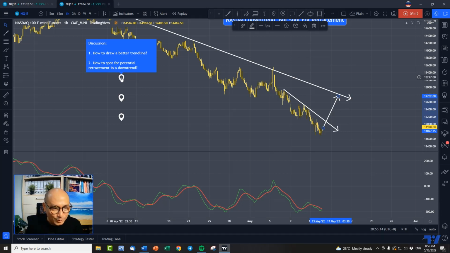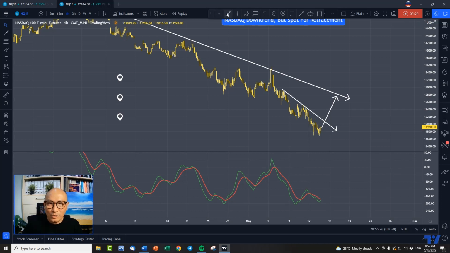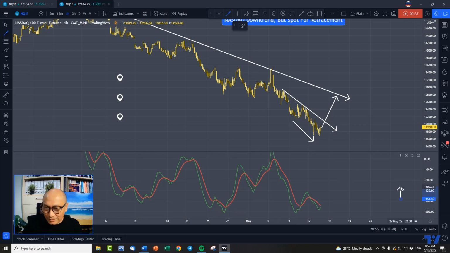Now, I'm going to indulge myself in divergence again. Divergence is where we look at the prices on the trough, and we also look at the trough of the MACD. Now, in this case, when we look at the trough on the prices, it was a lower low that we could see here. Now, when we look at the trough of the MACD, what we are seeing right now is,